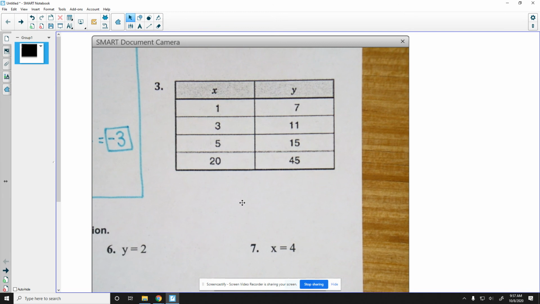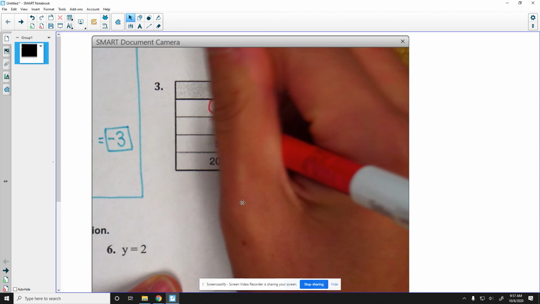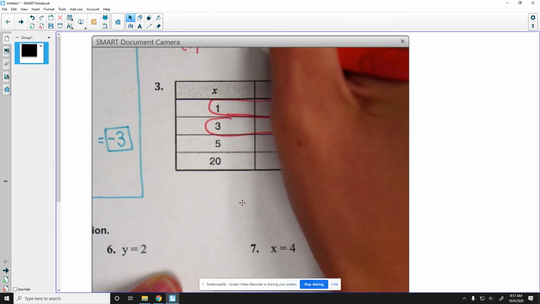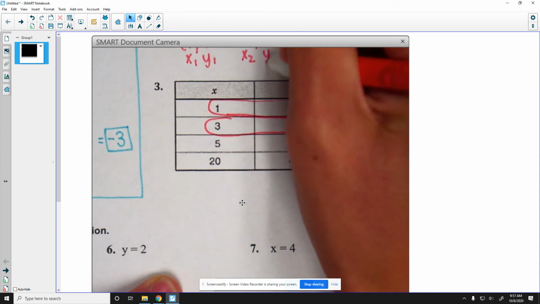Okay, now I have a table. How do I find the slope if I'm given a table? Does anyone remember? Garrett? All right, so you take two points, like 1 and 7, and 3 and 11. Can I take any two points? Yes, it does not matter. Okay, and then what? And then you do